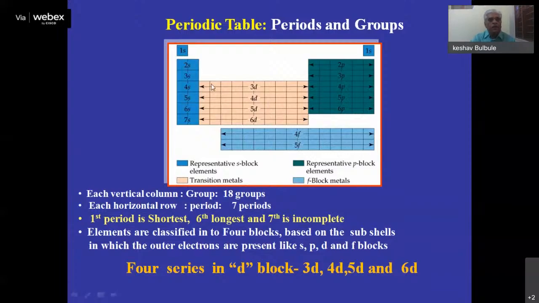In the 2nd and 3rd periods, we have 8 elements each. The first period has only 2. And from the 4th period onwards, we have 18 elements. This is how there is a different way of classifying the elements into groups, periods, and blocks